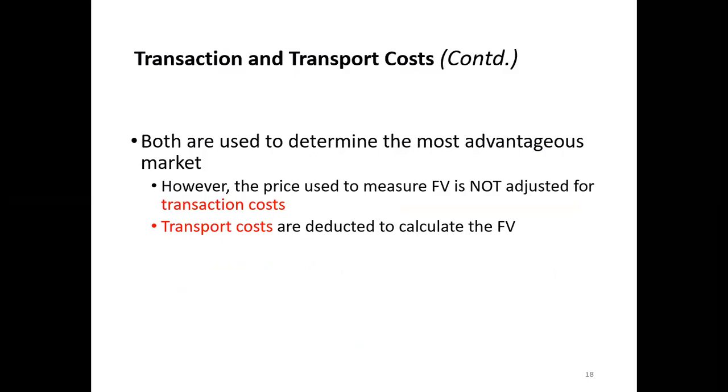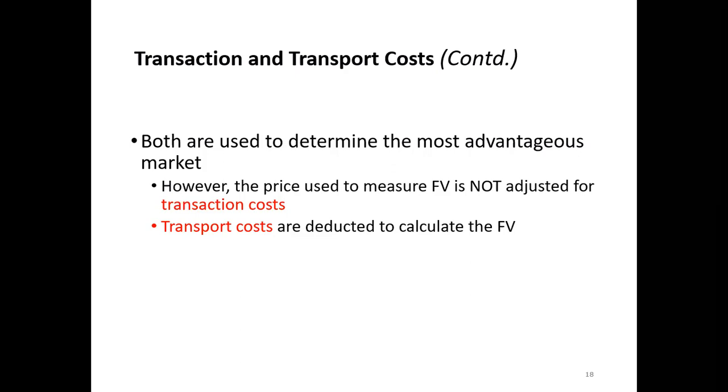This is important. You can see that when you are going to derive the fair value, it is a matter of sales proceed minus the transport cost. You are not allowed to deduct the transaction cost when you are arriving at the fair value. Or in other words, the fair value is free from transaction cost. Why is that? Why are you not allowed to adjust the transaction cost when you are deciding the fair value of a particular asset or a liability?